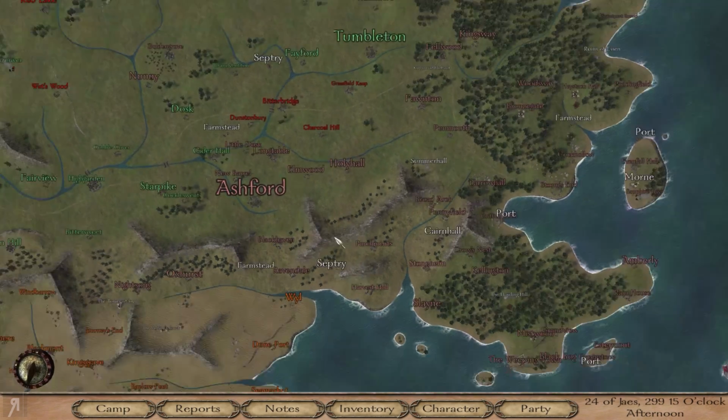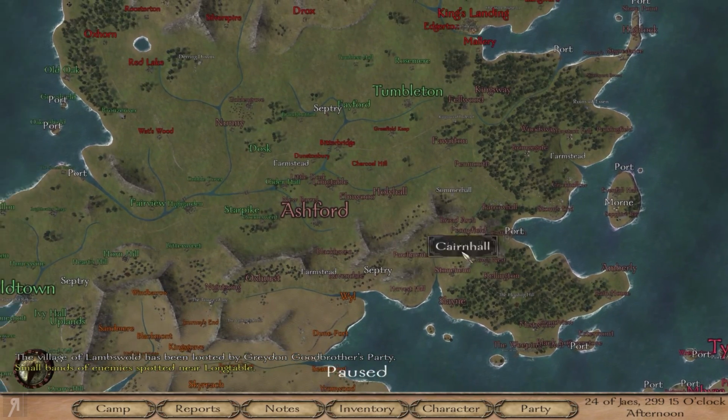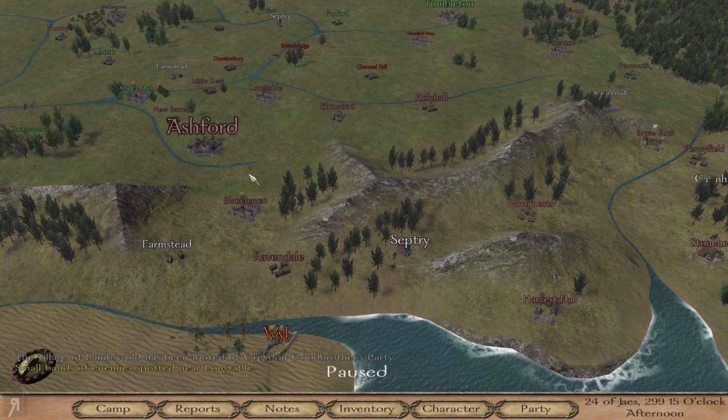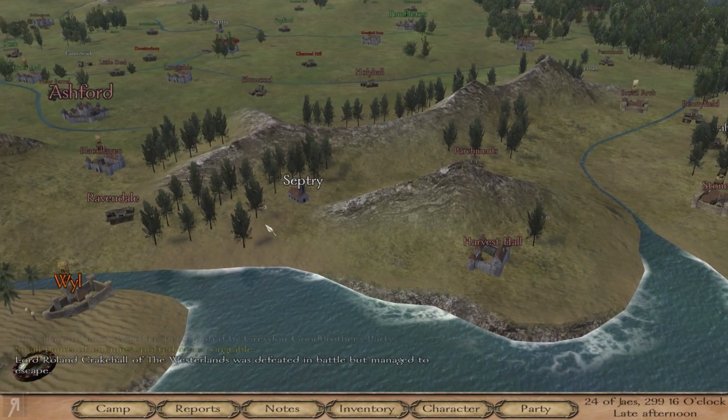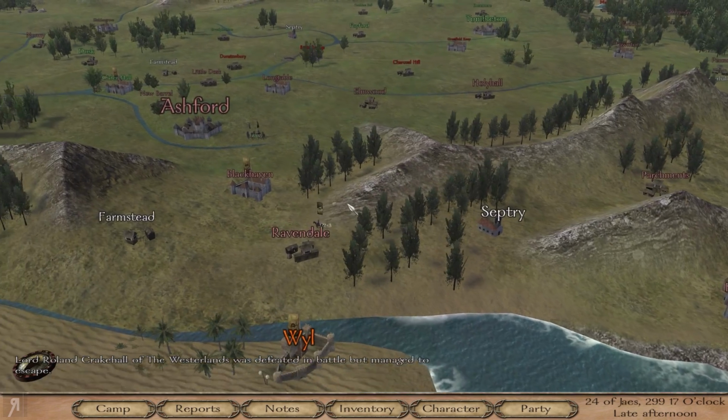So basically, this is what's going on so far. This is basically what's happened. There are a bunch of Dragonstone vassals in this area, at least as far as I could recall, because I was heading down here to try and defend Harvest Hall from this siege. And,